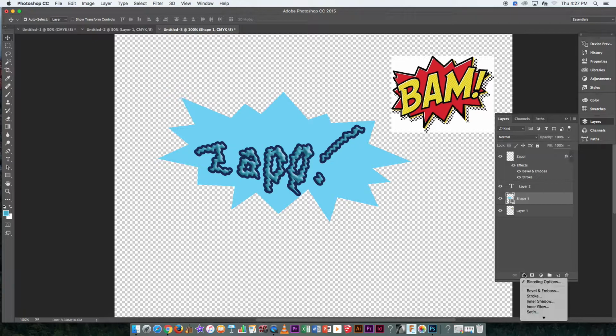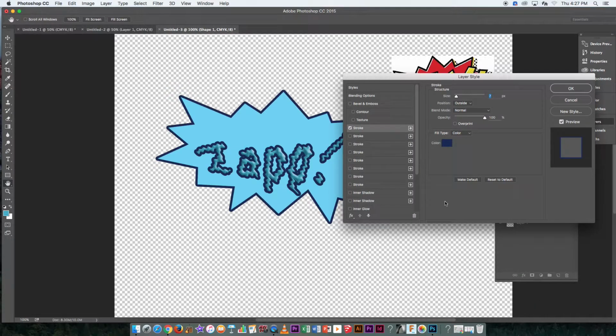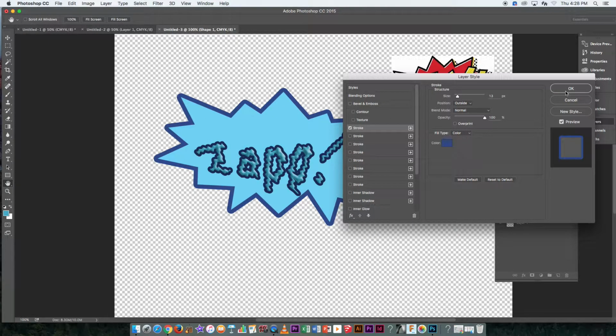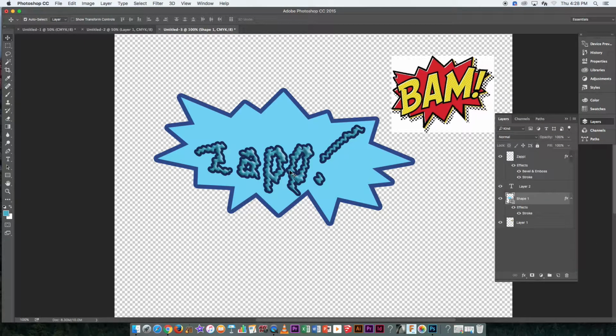So if we drop down to effects, stroke would be probably pretty good. That works alright. Maybe make it a bit bigger. And slightly a bit lighter. Just so it doesn't take away from the actual word. Okay, yeah, reasonably happy. Now what they've done also here is included that pattern, which is either a pattern, but I think we can copy it by using a